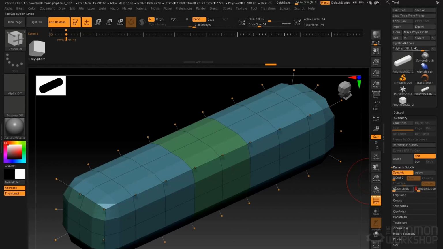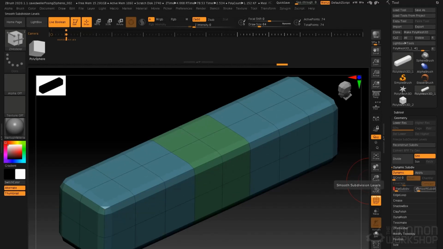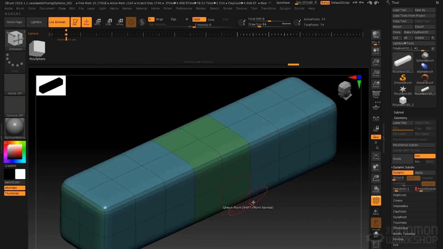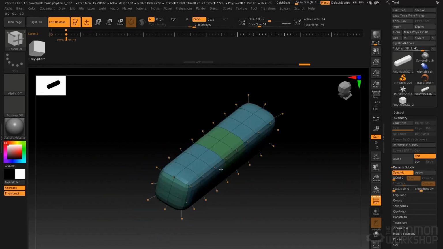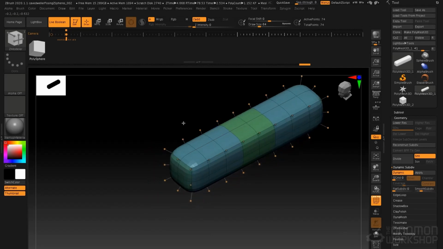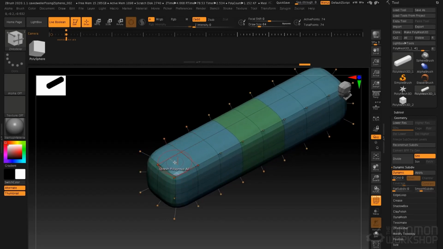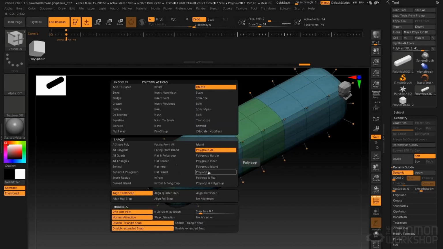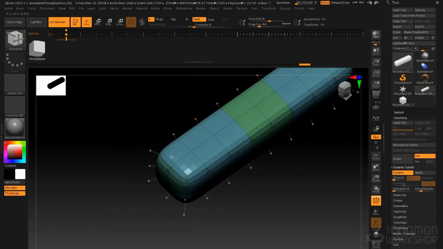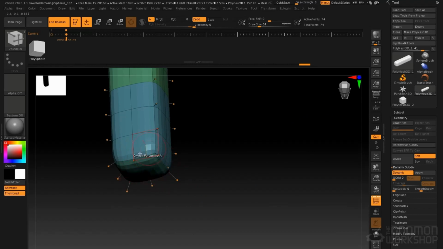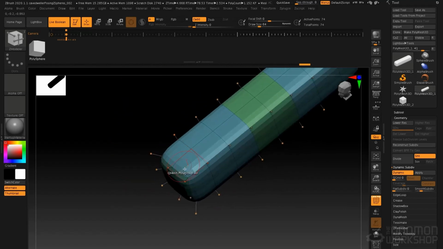So let's go ahead and, well, let's turn down flat. Let's go ahead and create a dagger here. So now that we've got dynamic subdivision levels turned on, let's extrude this poly loop. Or actually, let's do this. Let's do a quick polygroup. So I want to extrude this whole section out here. I want to make a